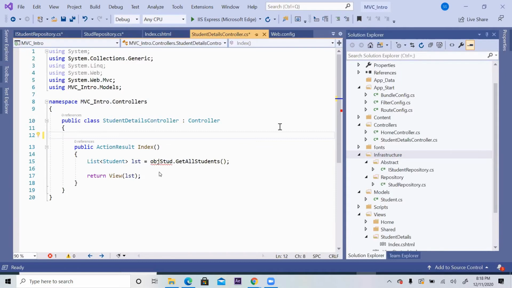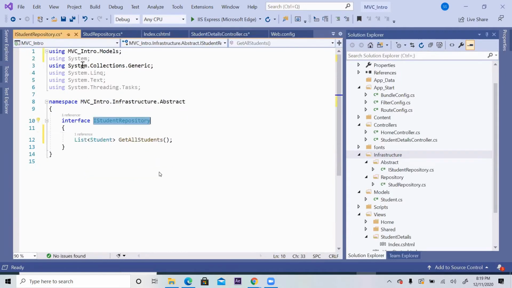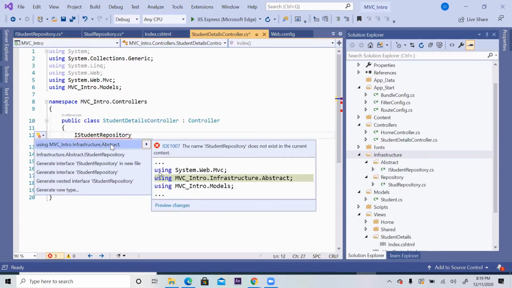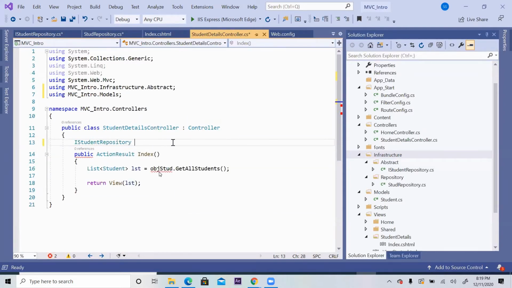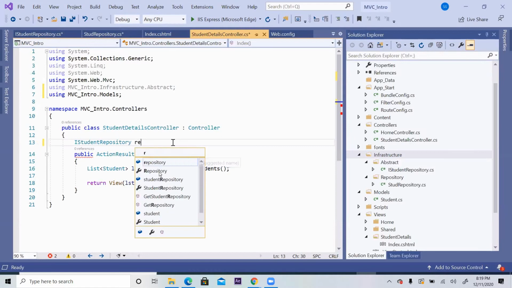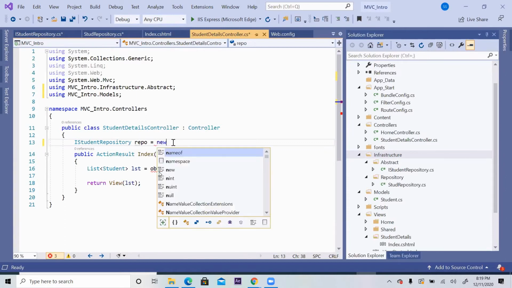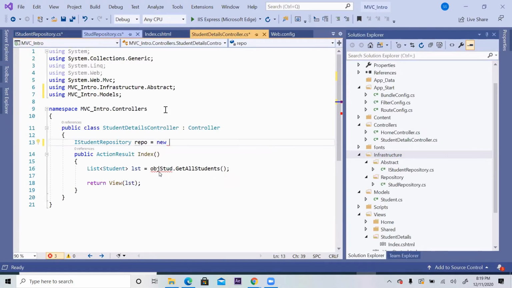So I'm going to create the reference of the interface in order to instantiate the class called repository class. So Ctrl dot, take the namespace. Whatever object name, give it a repository object. I named it repo, and the instance should be created for the respective class.